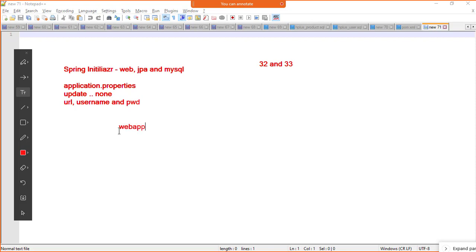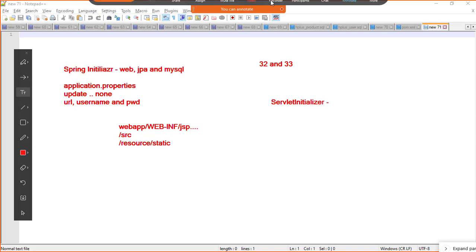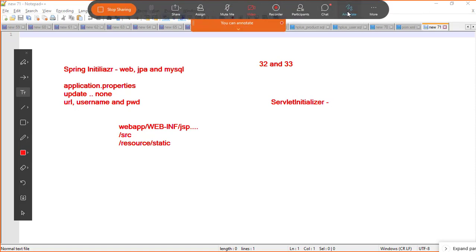Every time we have our JSP residing in the webapp, right? So that is there. This time we got src main java and src main resources. Boot says in the resources, static images and CSS are static, which is right also. Servlet initializer will be given to you by default, right? By Spring Initializer. It was my mistake that we did not get it, right?